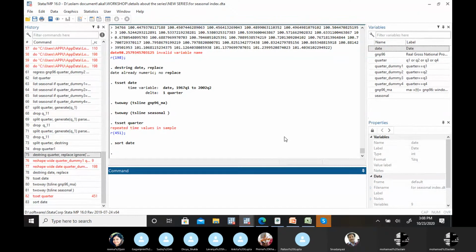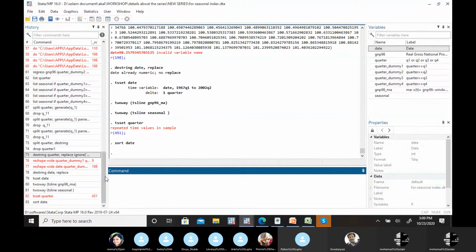For that, first you have to make the dummy variables. Those of you who have not done the destring, so far it is not required. It's still fine with Q1, Q2, Q3. To make dummy variables for these quarters, Q1, Q2, Q3, Q4, we are going to see these changes quarter-wise. In monthly data, we have monthly seasonal changes, and here we're going to see it quarterly. If it's monthly, then you have to make dummies for 12 months.